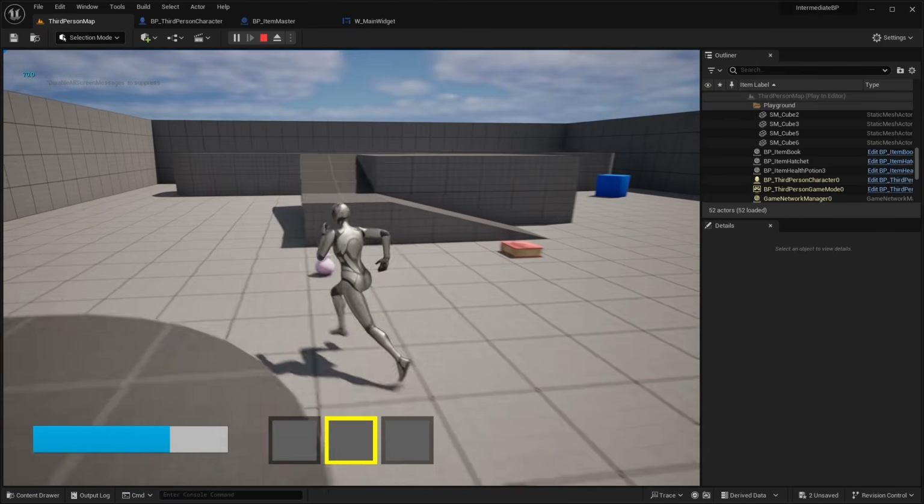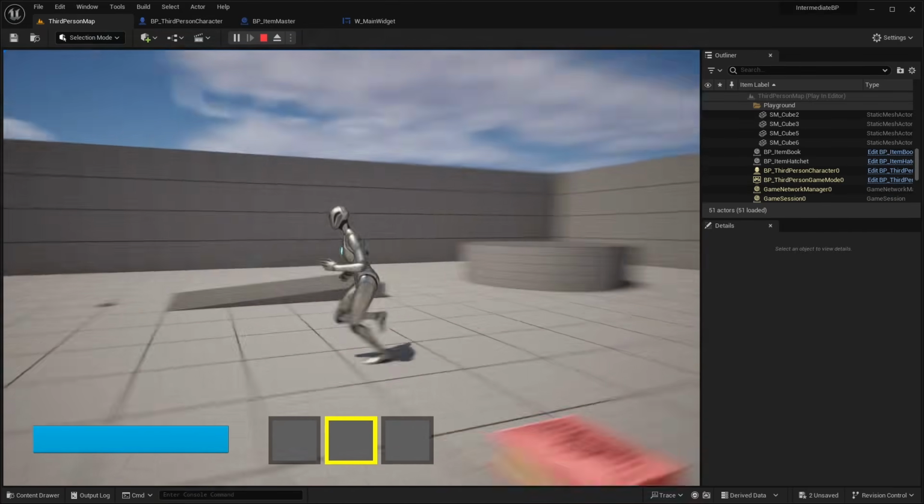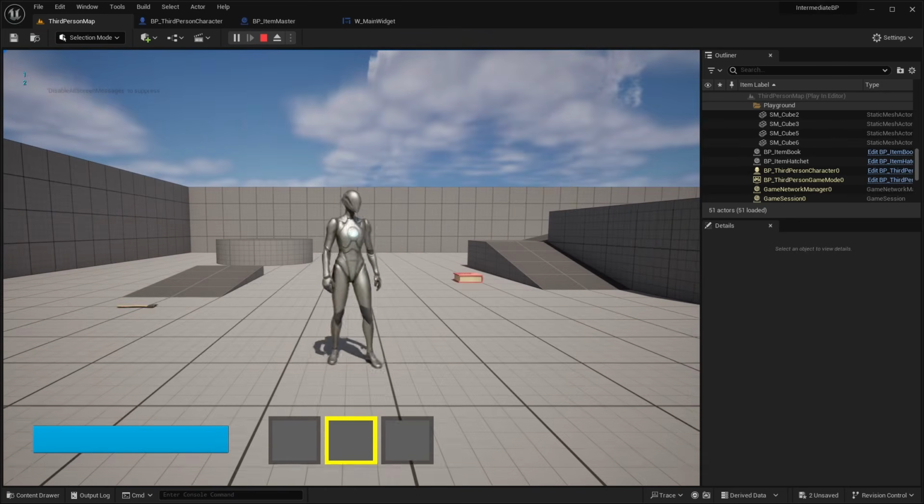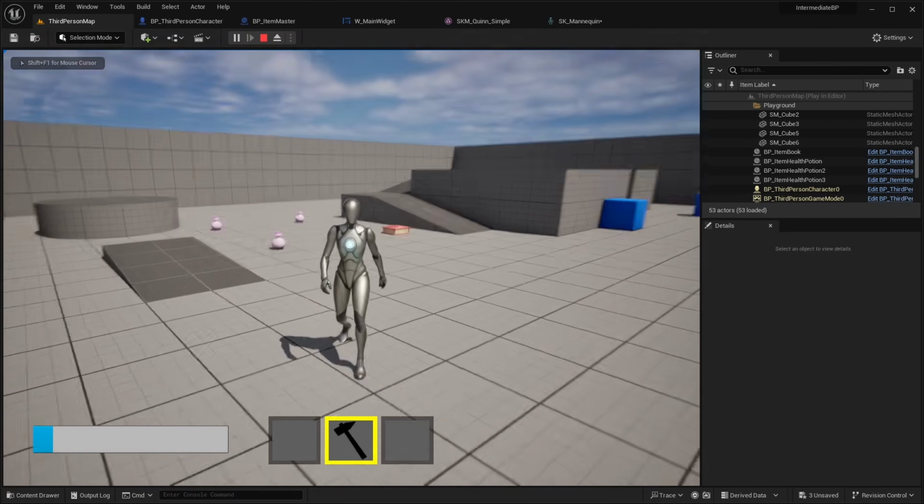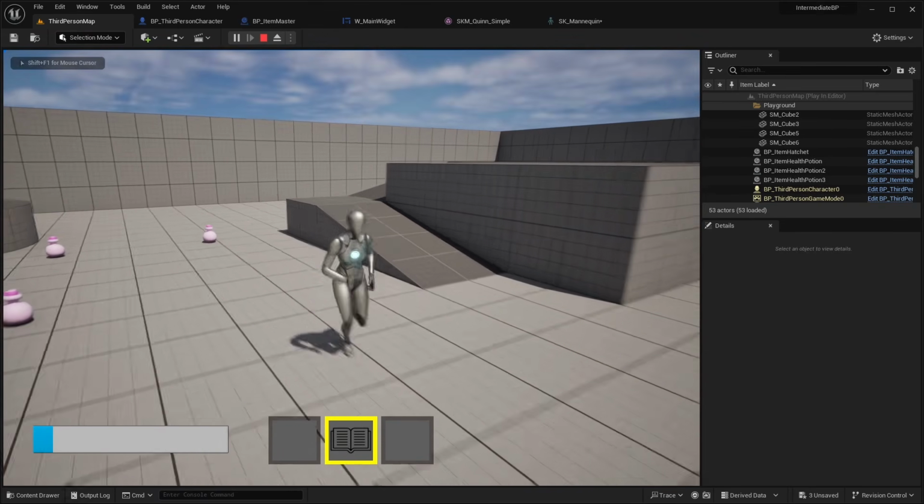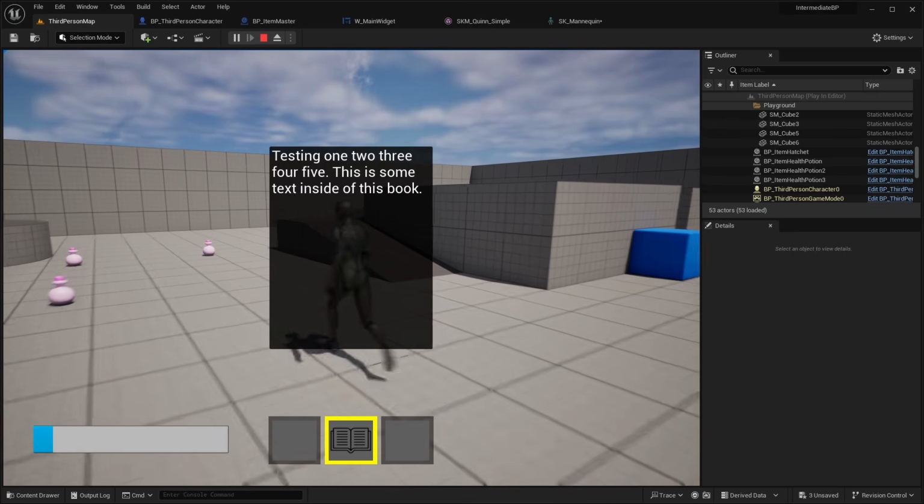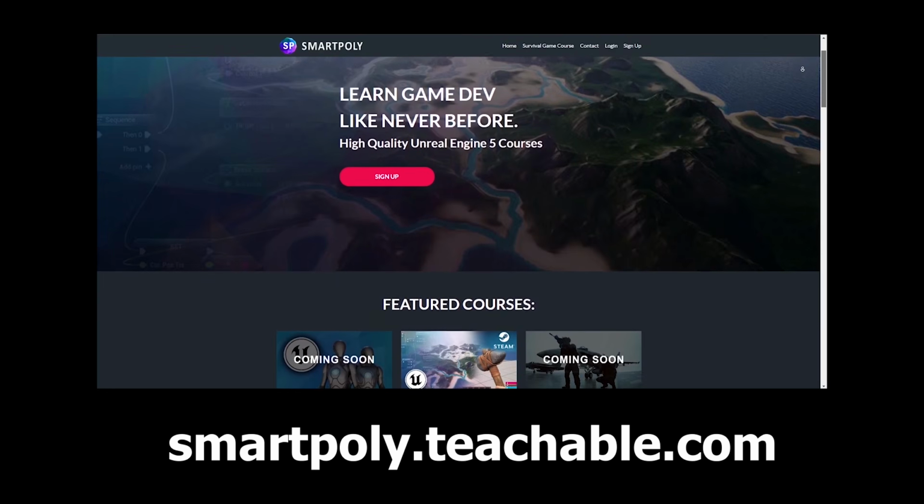custom logic. So we will create things like a simple health potion that the player can pick up and consume, and it will restore some health to their health bar. We will create this little hatchet item that the player can pick up and equip, and then we will finally create this little book item that will display some text on the player's screen. Now this video will cover all of these intermediate topics,